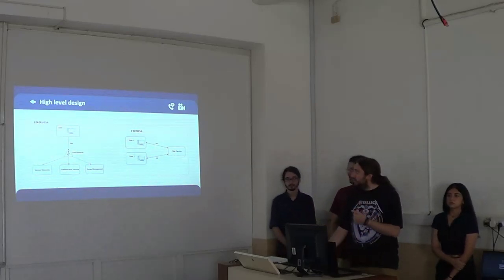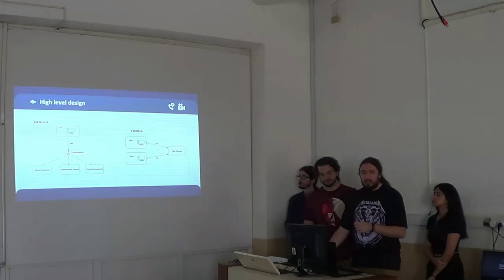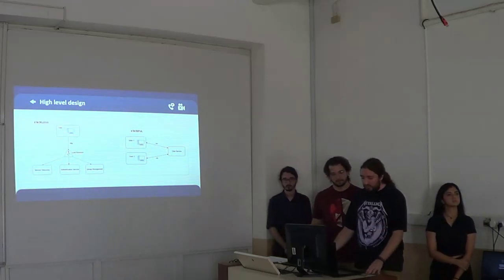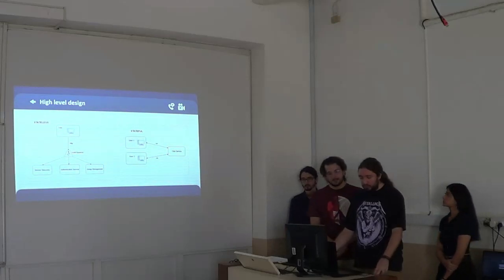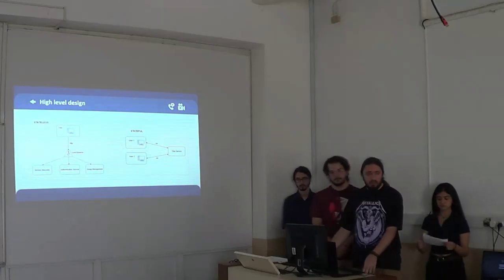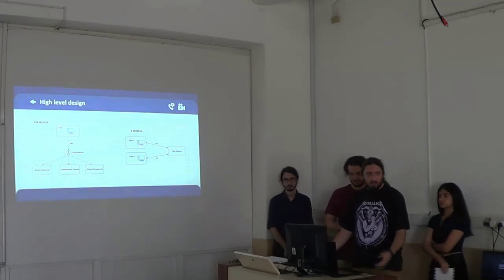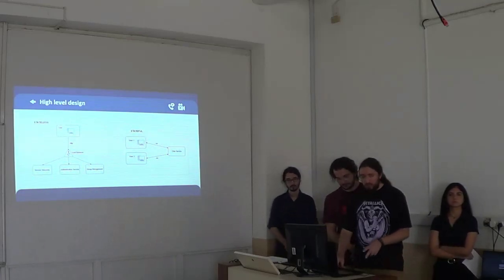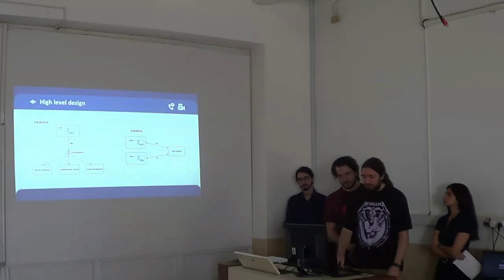And the stateful module is basically where the messaging is handled. So we have different users connected to the chat service with WebSocket or with Socket.io programming. And through those connections, the real-time chat is